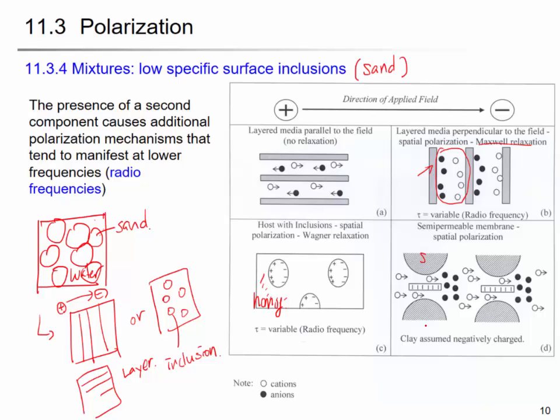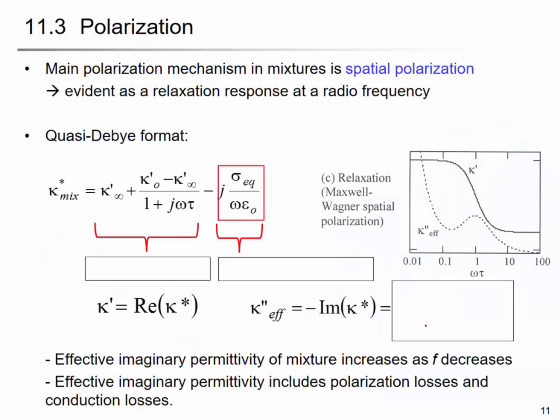Another example of the spatial polarization. This mixture, the polarization in the mixture is modeled with quasi-Debye format, and it shows the relaxation response at radio frequency, a Debye type of relaxation